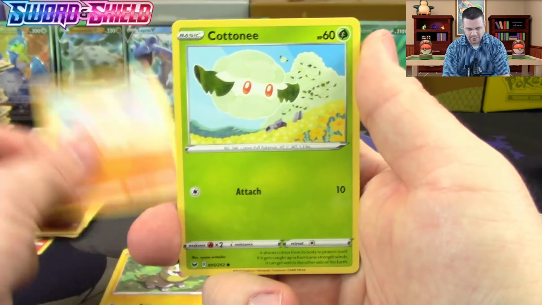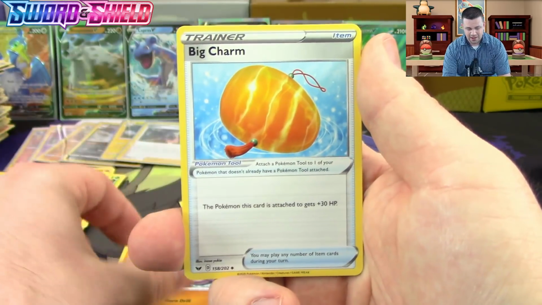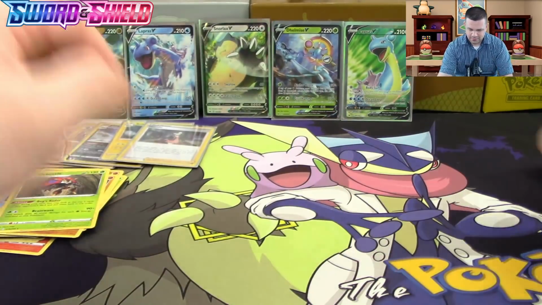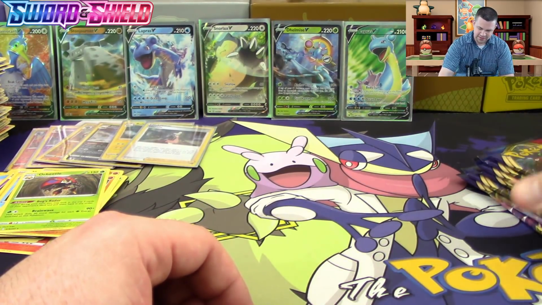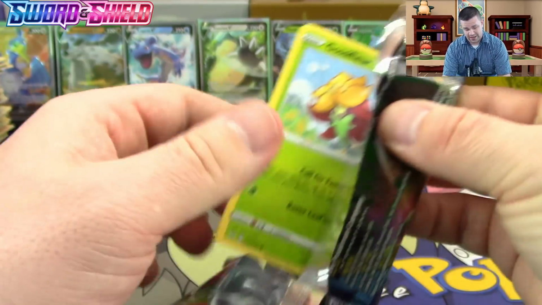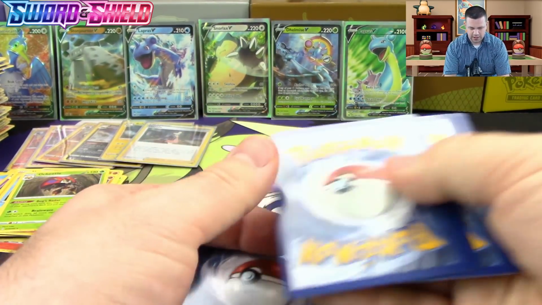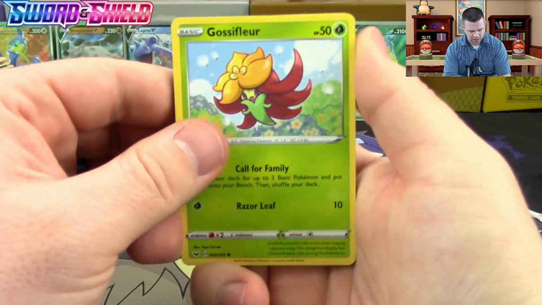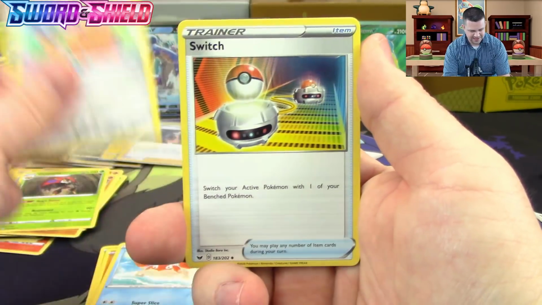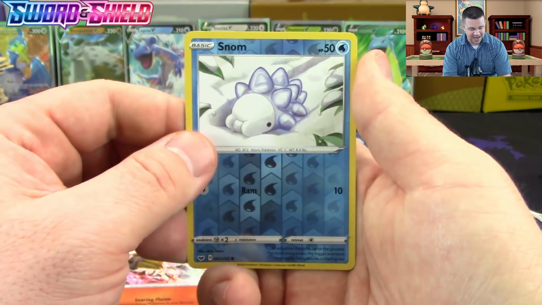We got a Yamper, Clobbopus, Cottony, Choodle, Rhyhorn, Kingler, Rhydon, Big Charm, Reverse Skorupi, and another Orbeetle. Alright, 1, 2, 3, 4, 6, 7. Yep, okay. 7 packs to go. Honestly, I feel like there's probably 2 or 3 hits still left in this box. Alright, we got Gossifleur, Silicobra, Yamper, Krabby, Cuffins, Switch, Energy Retrieval, Heatmor, the almighty Snom Reverse